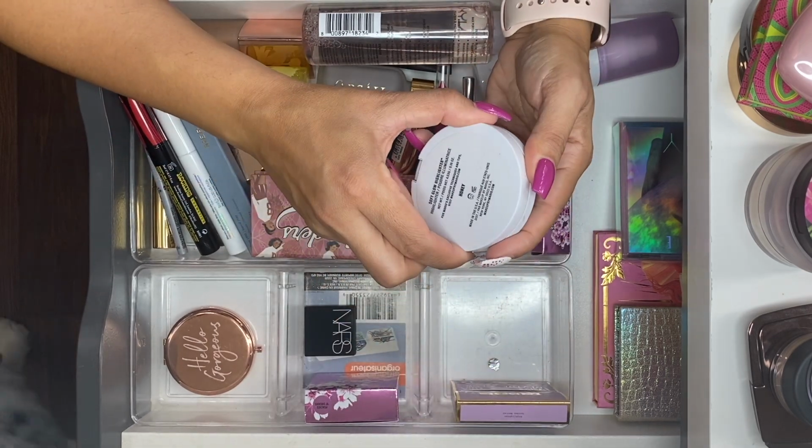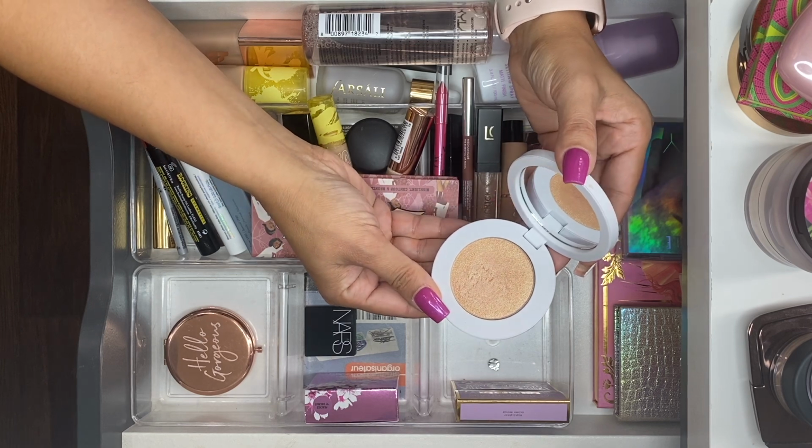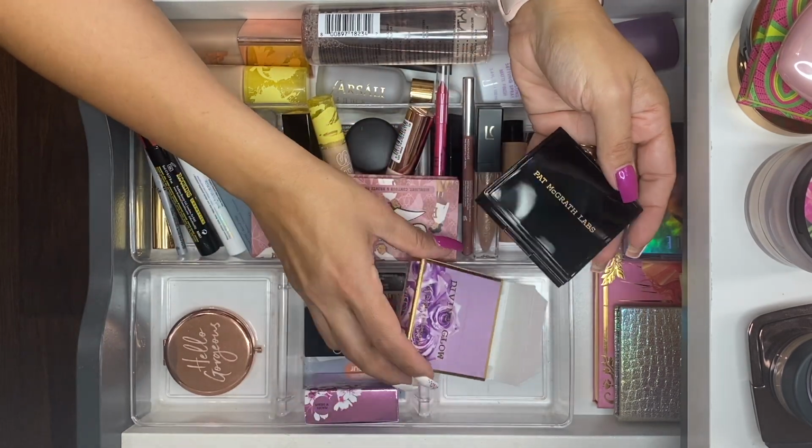I had Makeup by Mario Soft Glow Highlighter, and this is in the shade Honey. I love this thing. It's so pretty on the skin. I'm pulling that out. And then the last highlighter in here is the one by Pat McGrath, and this is